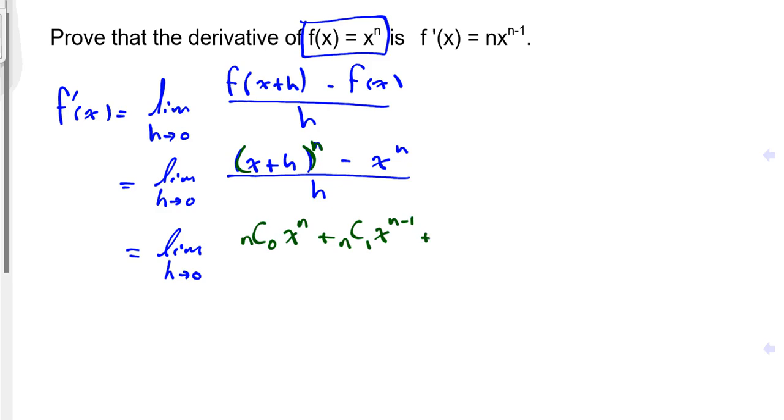Oh, wait, I'm missing something. I need h to the exponent 1. Next term will be what? N choose 2, x to the exponent n minus 2, h to the exponent 2. Now, how many terms am I going to have? N plus 1. But what is n? I don't know. So we're just going to summarize a bunch of it and then write down